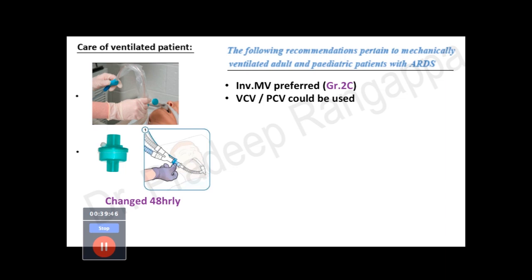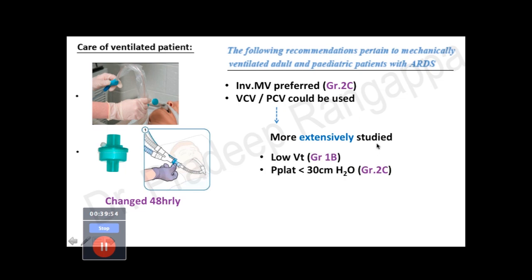So intermittent invasive mechanical ventilation is preferred. You could use volume controlled ventilation or pressure controlled ventilation, but pressure controlled ventilation is more extensively studied. Low tidal volume ventilation is the way to go, and to maintain plateau pressure less than 30 centimeter of water. And if PaO2 by FiO2 is less than 200, one could consider higher PEEP strategy if the compliance is low,